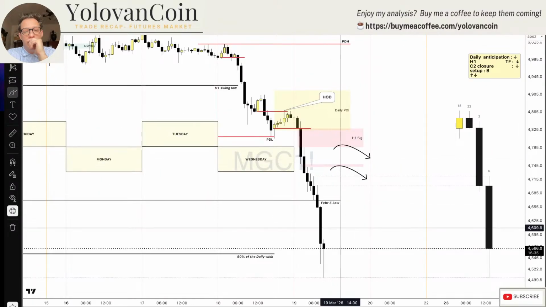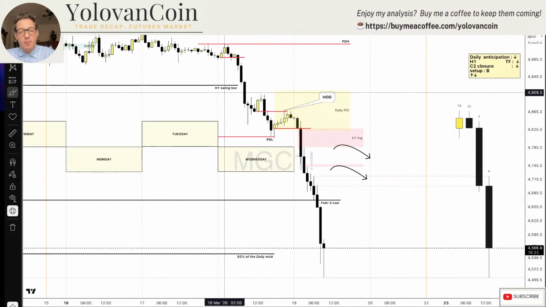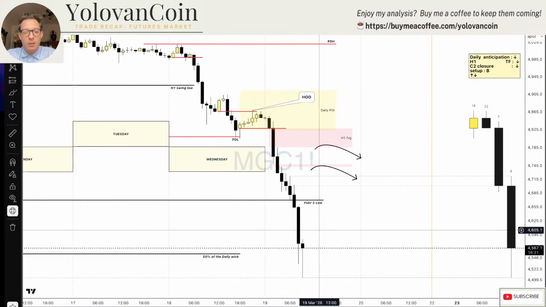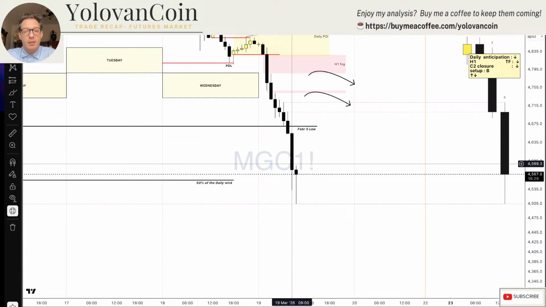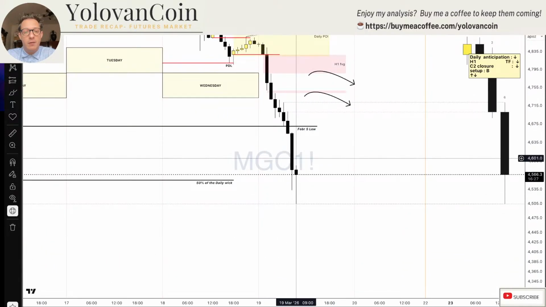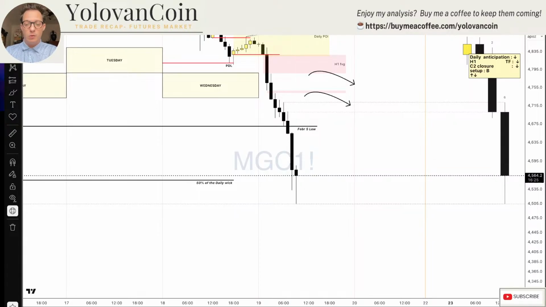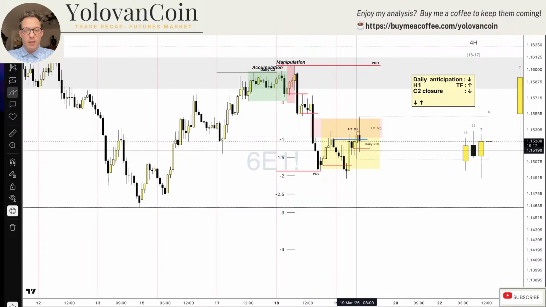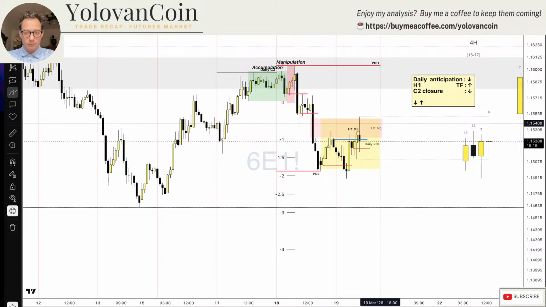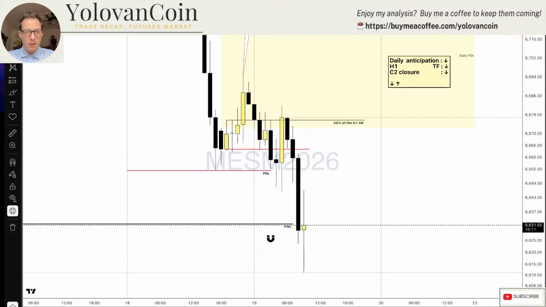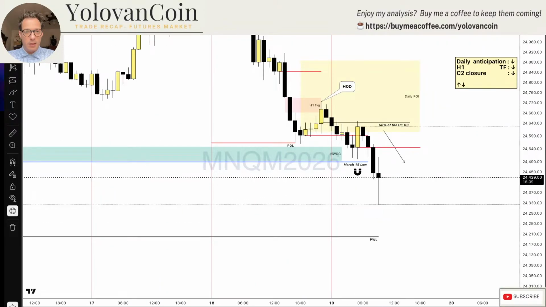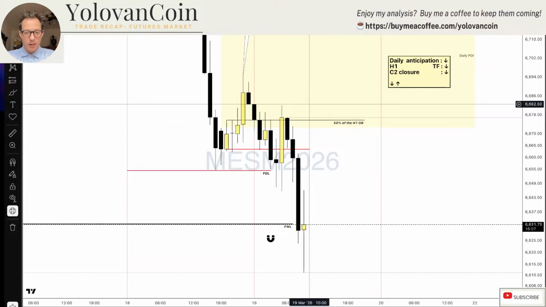Okay, gold probably is gonna have a C2, and maybe it's gonna retrace, but the only problem is that the closest fair value gap is here, so it's not ideal to, you know, long against all the bearish confluences. We're still waiting for this C2 closure, and probably Nasdaq and SP 500 is gonna come back to this fair value gap,